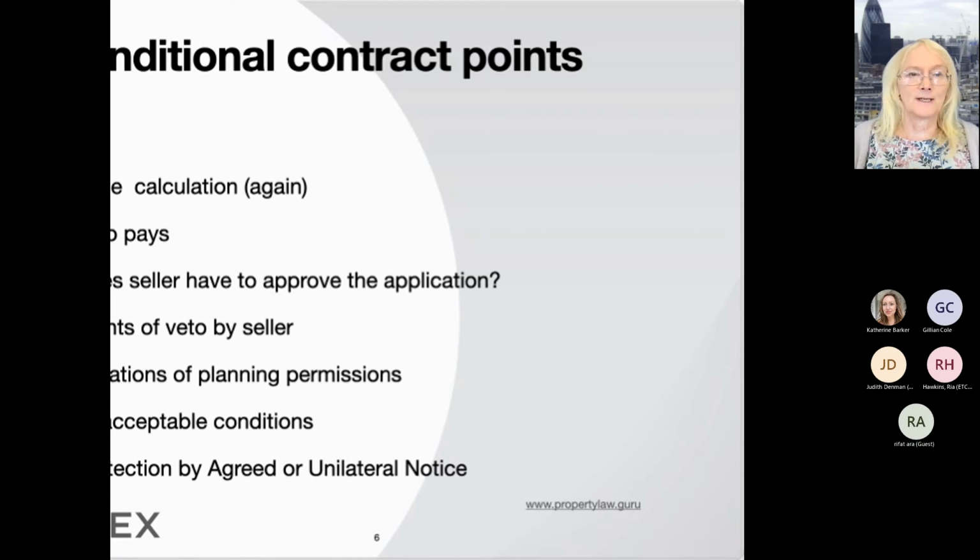When you look at the heads of terms, again, same issues. Who's going to pay for the preparation of the planning application? Usually the builder. Will the builder have to use all reasonable endeavours, best endeavours, or whatever to apply it? How much input does the seller have? Do they have a right of veto, like I said before? Is it going to be specified that they must apply for a certain number of units, houses, or area? Can there be variation? And can or will they have to appeal against any refusal? And same provisions about Section 106 agreement and community infrastructure. Same provisions about what is an unacceptable condition and so on.